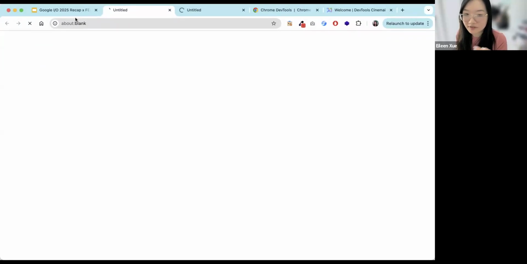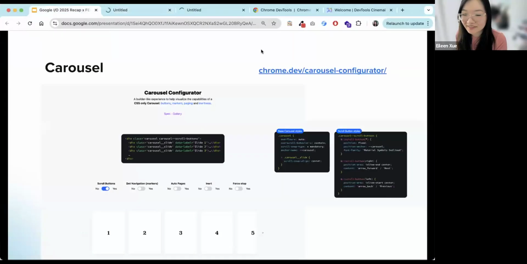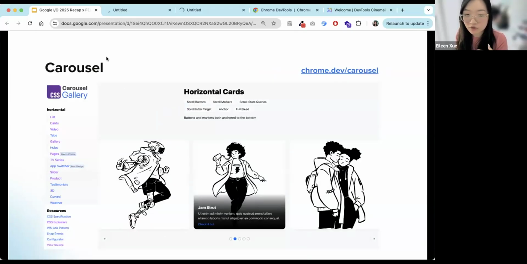Okay, so I think there's definitely something wrong with both of these. Okay, apologies for that. But once this session's over, you can always take a look at these links. I definitely recommend reviewing the carousel gallery because they have different examples of how they use these new scroll button, scroll marker tools, and pseudo elements.